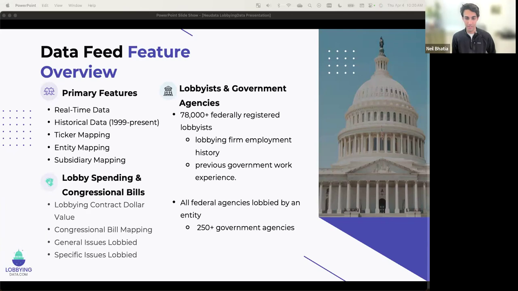So every single contract in our database is attached to a chunk of text that tells you exactly why the lobbying is occurring, and that's one of our biggest alpha generating points. That text is just so valuable, the reasons why, the bills that they're lobbying for. And we have another NLP field that tracks that text and extracts it to a congressional bill. Lobbyists read these and can infer what kind of strategy is in place.